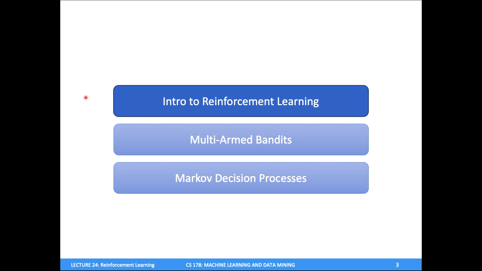Okay, so today we're going to do an introduction to reinforcement learning. What is an RL problem all about? Then we're going to see a really simple, concrete example of a reinforcement learning problem called the multi-armed bandit problem. After that, we're going to start talking about Markov decision processes. These Markov decision processes are a general framework for formalizing reinforcement learning. And so let's get started.